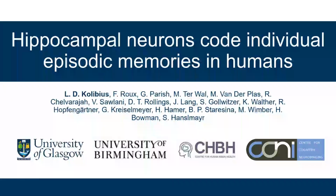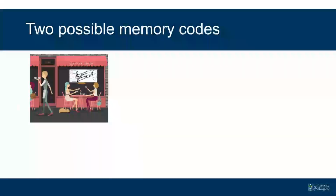Perfect. Okay, so I'm going to talk about hippocampal neurons and how we think they code individual episodic memories. Let's jump right in. First off, we do know that the hippocampus is of course essential for episodic memory. But what we wanted to know is what is happening under the hood, what is the exact coding mechanism that is